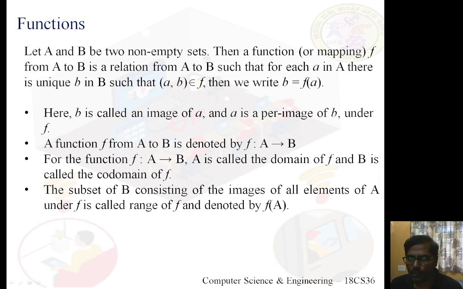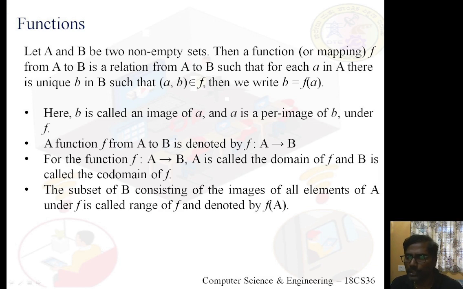Then you know a relation from A to B, right? Already we have studied relation in the previous session. So what actually is a relation from A to B? It is nothing but a subset of A cross B. I repeat, a relation from A to B is nothing but a subset of A cross B,